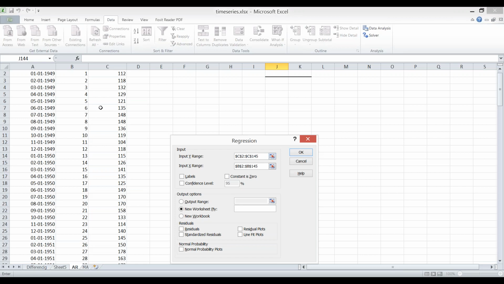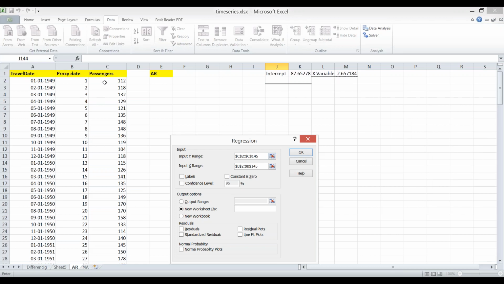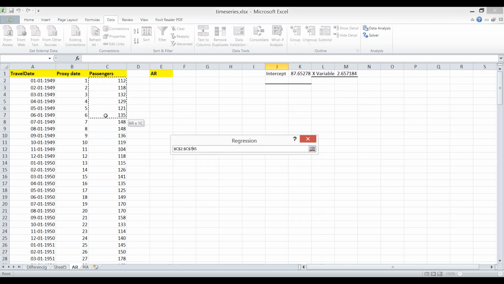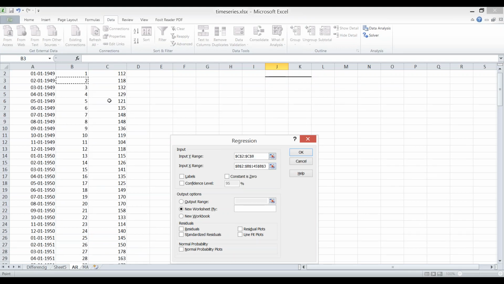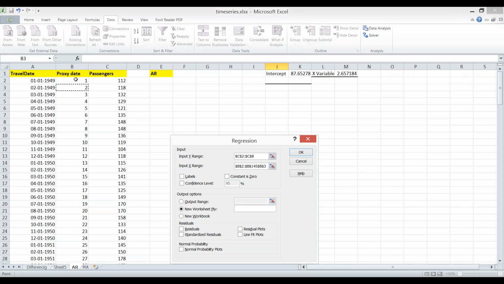Then in the Y column, select the column where you have passengers, because Y is what we have to predict, right? So in the Y column select the column for prediction. Then why is it not working for you? And in X make a proxy date. Like I've done a proxy date here, use a proxy date and then you will be able to do it.